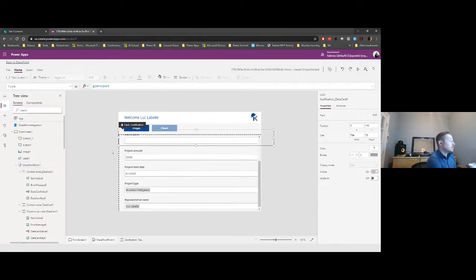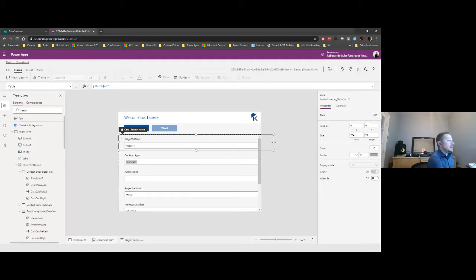So this would allow me, oops, sorry, go at the top and say, you know what, I'm going to make that project name a little smaller. I'm going to grab this project amount and specifically mouse over that little dark area where it says card project amount, and notice how the cursor of my mouse changes, and click on this and drag and drop specifically in that gray rectangle at the top. Otherwise it won't move. This is the only way to move these around. So I'm just going to move that project name here, make that project amount maybe a little smaller, maybe stretch this a little bit, and then we will have a